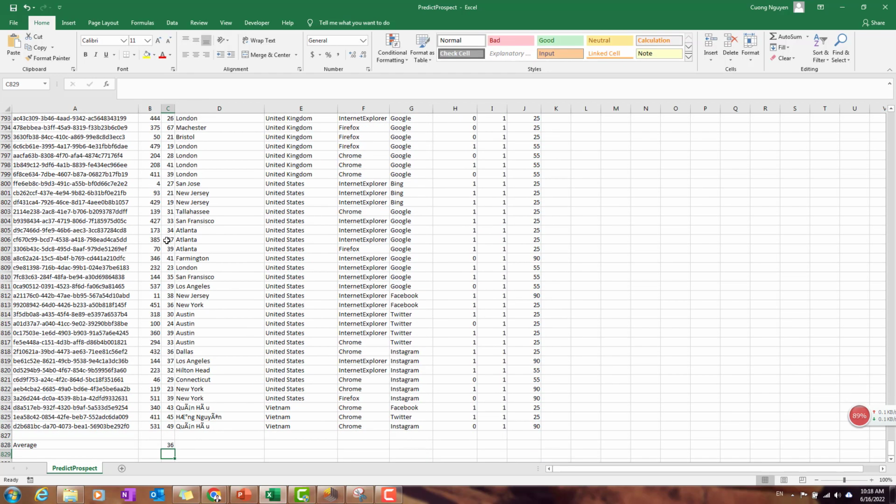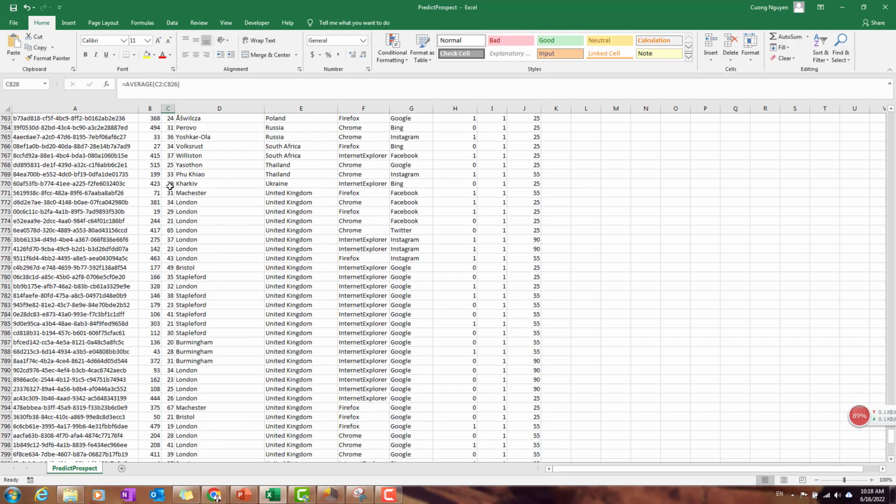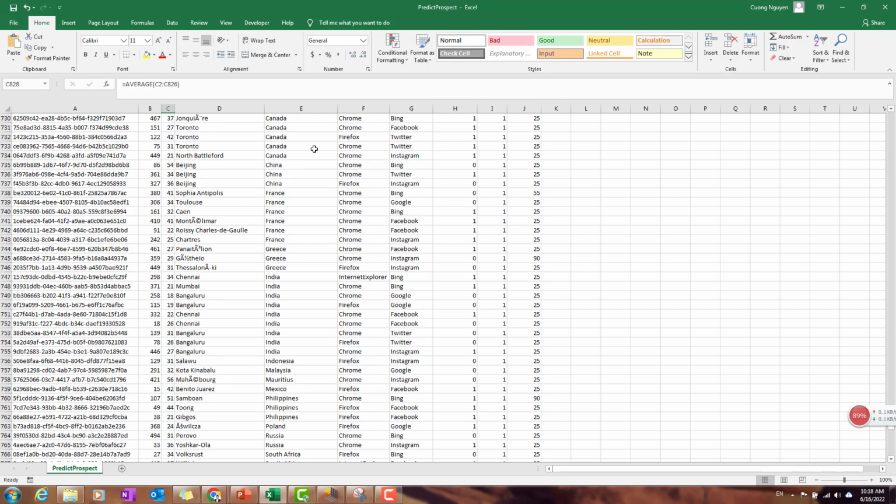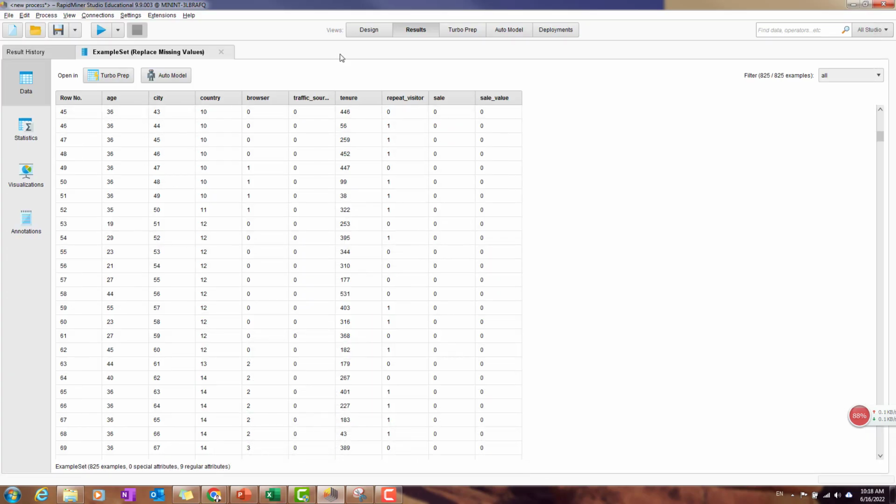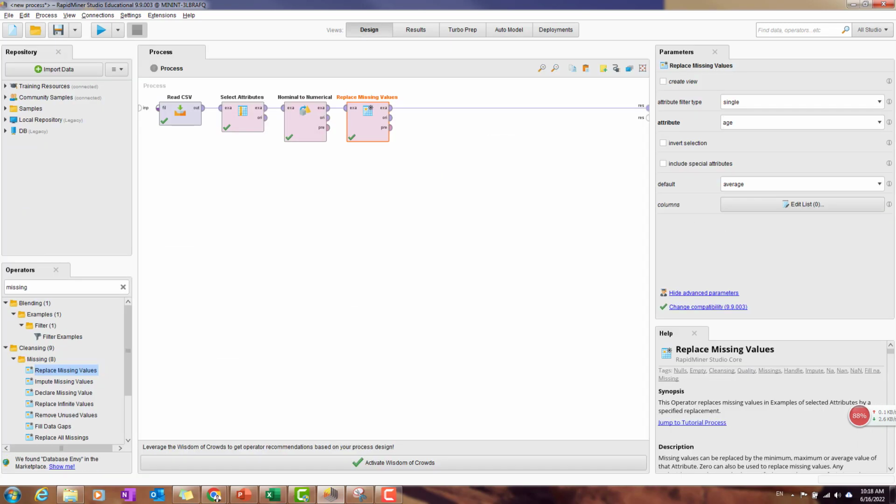So this will be 36, and I replace them all by the 36 over here. So for the missing data, that's the reason why we can see the same thing happen in RapidMiner when it's replaced for the missing data. Now before I really build my model, I will have to set the role